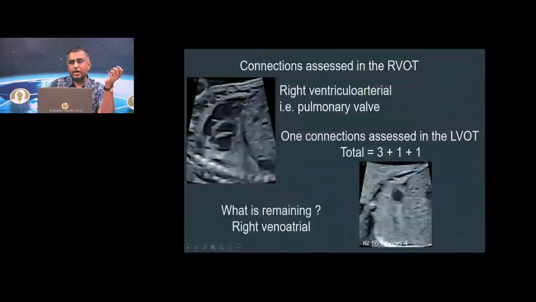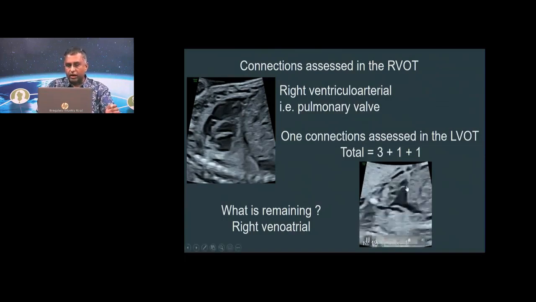So what are the connections which are assessed in RVOT? There is the right-sided ventricular arterial that you have assessed. So you finished three in the four-chamber view. You added one more by doing an LVOT, that's the left ventricular arterial. You added one more, which is the right ventricular arterial in the RVOT. So the last one left is actually the SVC and IVC getting into the right atrium. So 5 junctions are over, and if you have to see that, you have to do the hammock view, and